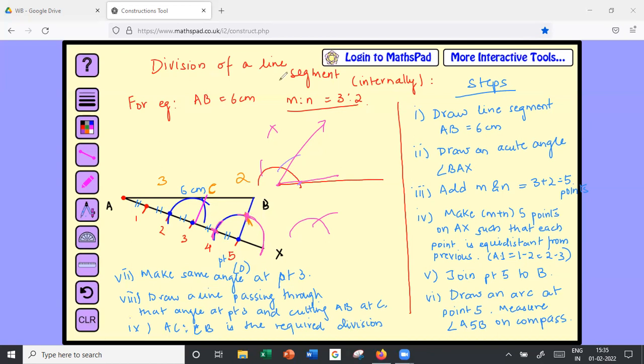Okay, let me use another color. Yeah, I'm talking about this point to this point. This distance you need on your compass. Okay, so after measuring that, using that as the distance, you have to cut an arc from point 2. Yes, from point 2, I'll place my compass pointed end here, and then again I'll cut an arc. And wherever it cuts, I'll just ensure that this line passes through that point.